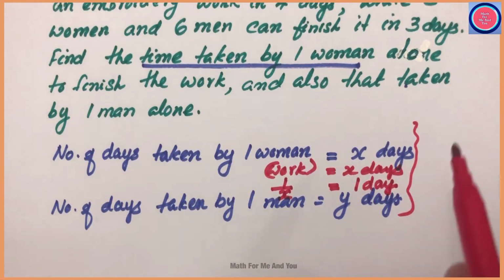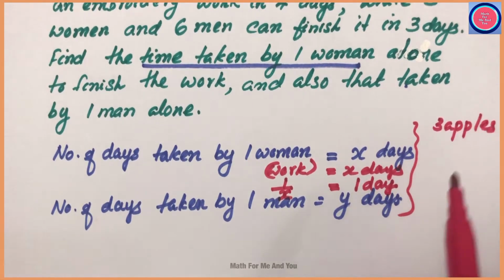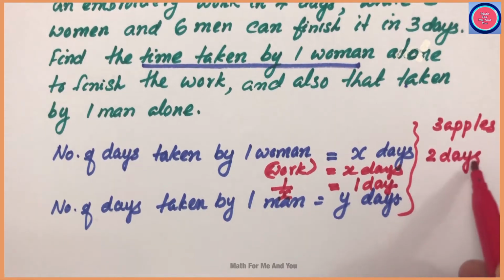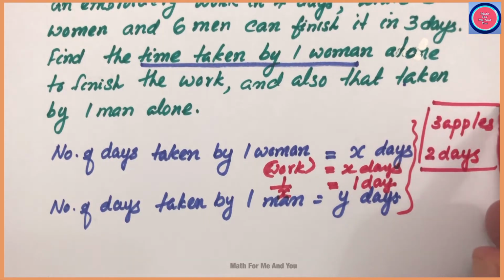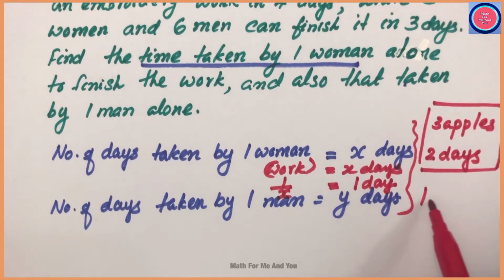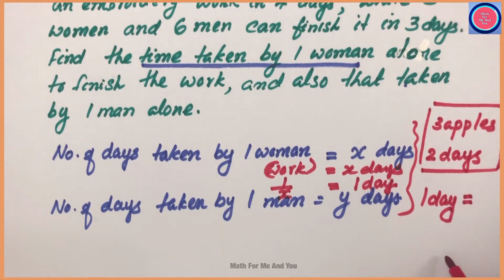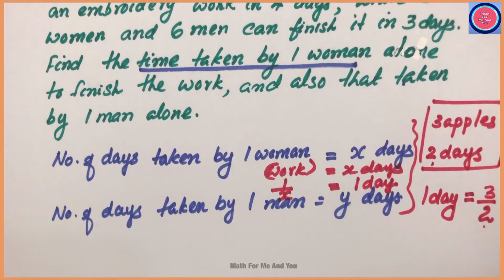Or else I will show another example. Just imagine 3 apples and it takes 2 days to finish the apples. So how many days it takes? It takes 2 days to finish the apples. Then in one day, how much we could finish? That means in one day we could finish 1.5, that means 3 over 2. How we get? Total we look how many apples? 3. And how many days? 2 days. So in one day, total 3 apples over 2. When we divide with the days, we get in one day how much we could finish the work or the number of apples, whatever it is.